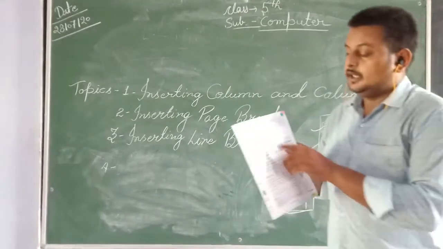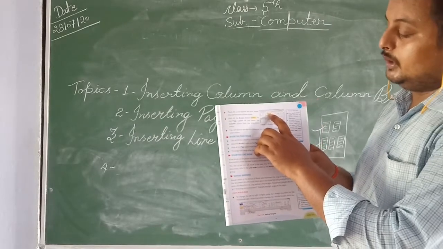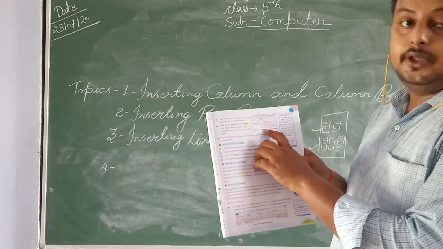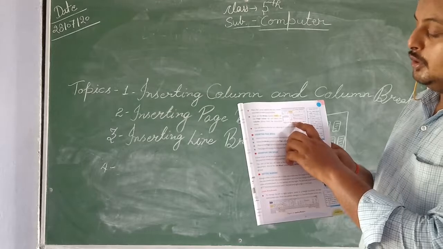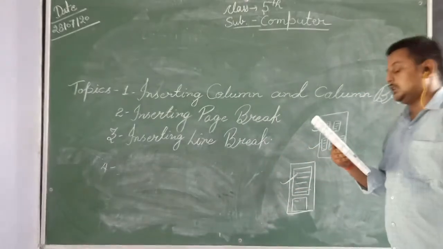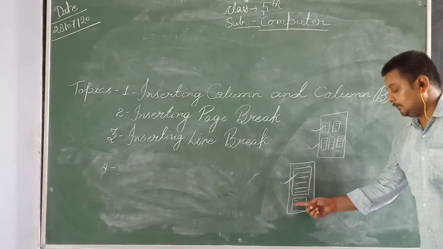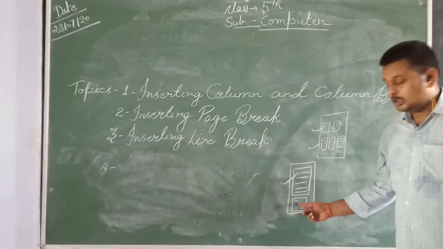Means here you can see that in the Page Layout you have to choose the Break option, and after that, in the drop-down menu, you have to choose the Column option. Okay, after choosing this you will observe that the text following the column break will begin in the next column. Means the remaining part of that text is just in the next column.